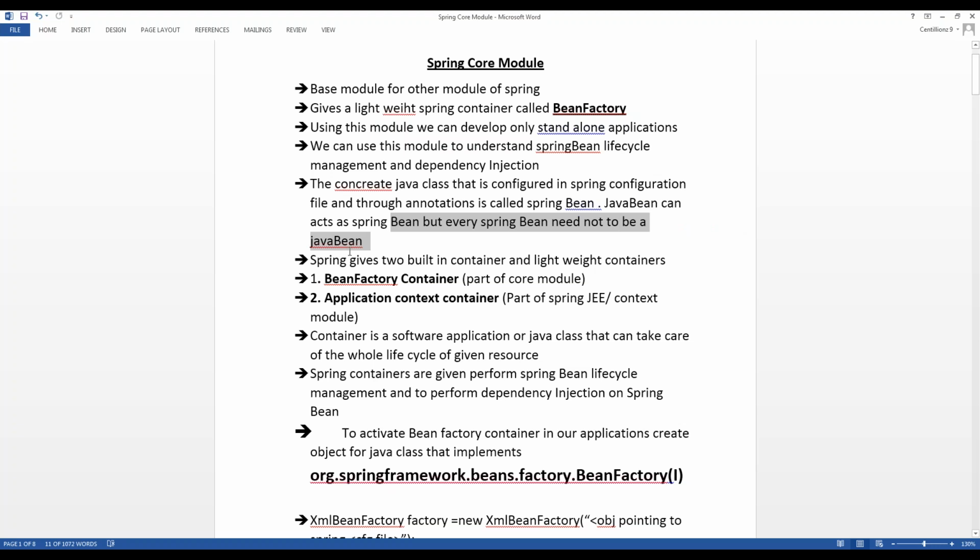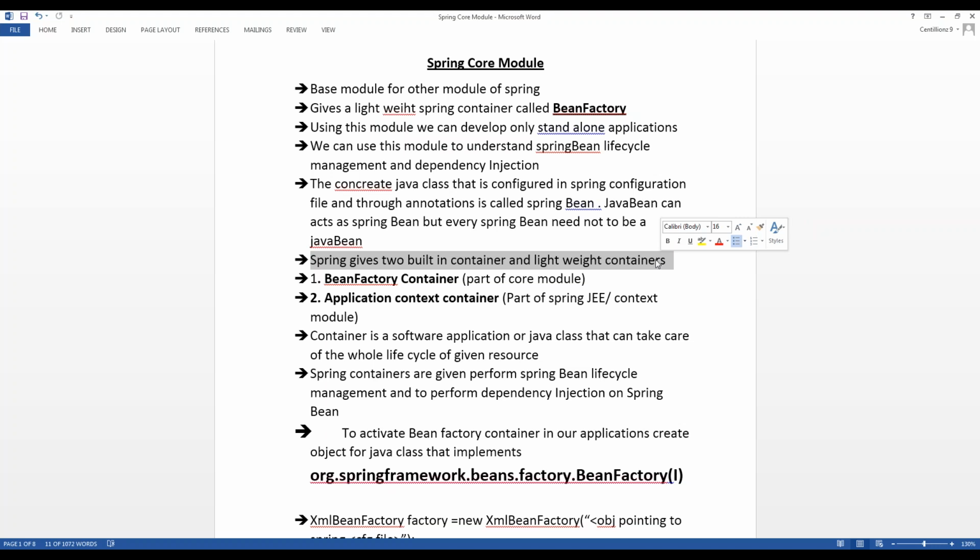Okay, there are two types of Spring container. We have already seen about the JSP container and the servlet container. The servlet container takes care of all the life cycle of a servlet, and the JSP container takes care of all the life cycle of JSP. But what are the things it has inside the container, or the rules and regulations? Everything is followed by the container with the help of the server.